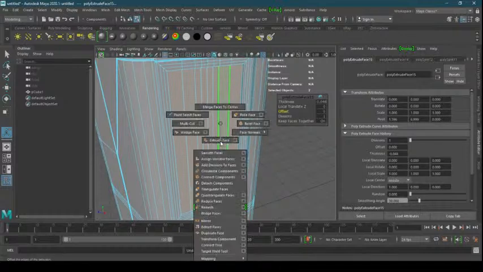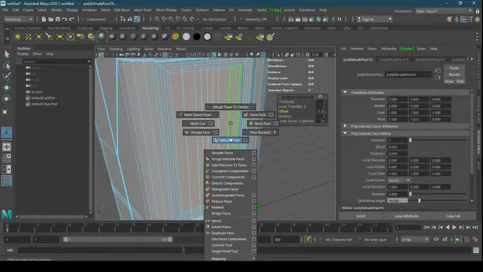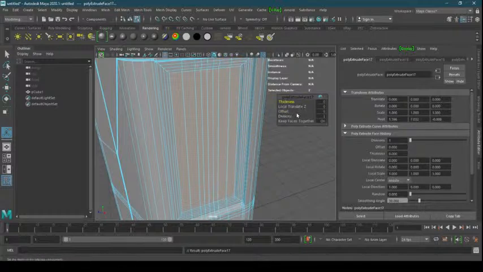I have to press shift and right click and then go to extrude again, so it will reset because it was continuing the process. A tiny bit here, and again shift right click, extrude,